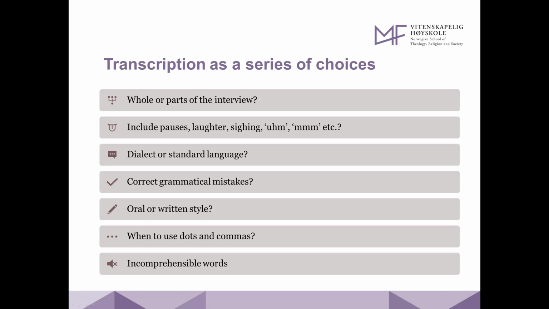Should you include them when you're transcribing, or should you leave them out? Again, there are good reasons for doing both. You could decide to exclude them because, especially if you're quoting from interviews in your final thesis, or when you're doing the analysis and reading through the transcriptions, having to read a lot of ums and ums can be quite frustrating. At the same time, laughter, pauses, and these ums and ums might also communicate something about the research topic